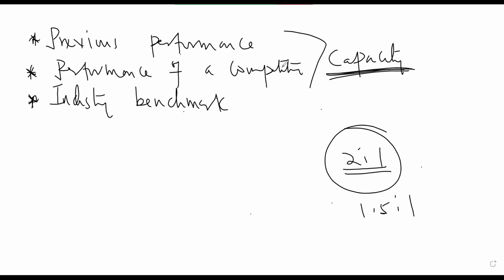1.5:1. This is what the industry is saying: this is the average that you have to achieve. If you're not able to achieve this average, you can say, okay, if we are not able to achieve more than the average, let's achieve something like maybe